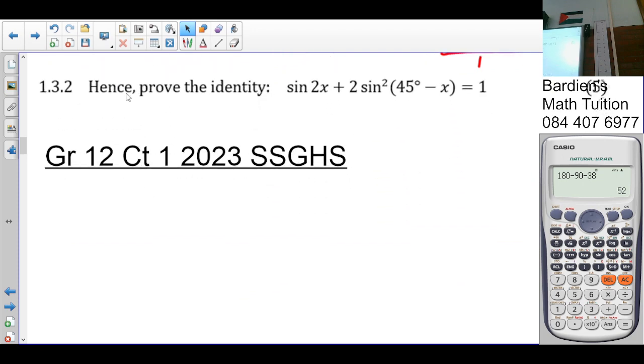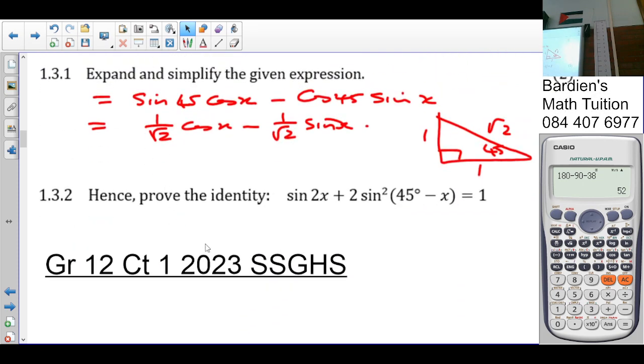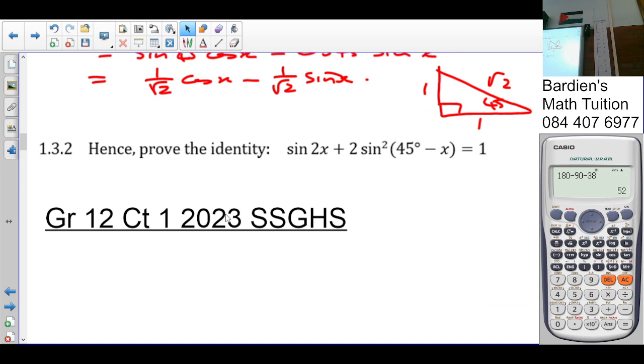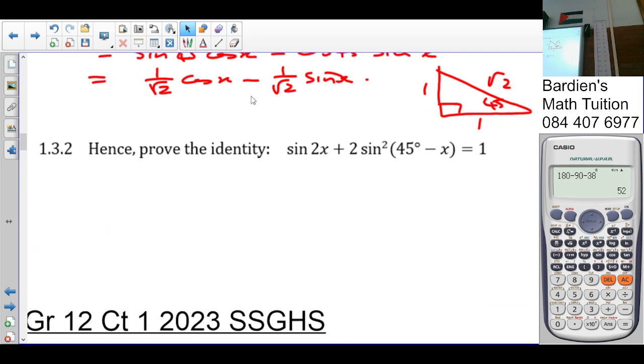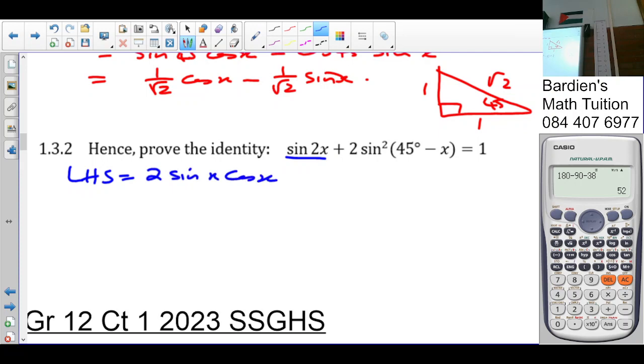Then in 1.3.2, the question says, hence, meaning use the previous answer, prove the identity. So of course, again, the left hand side is more complex. So the left hand side is equal to, that is your sine double angle, which is 2 sine alpha cos alpha, so it's 2 sine x cos x plus, now what we have is the sine